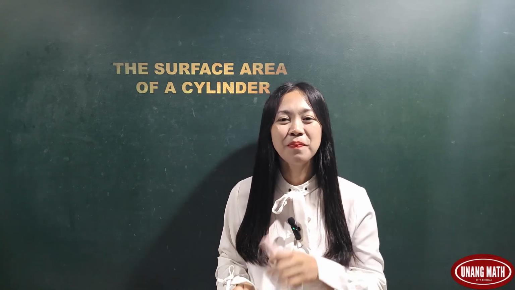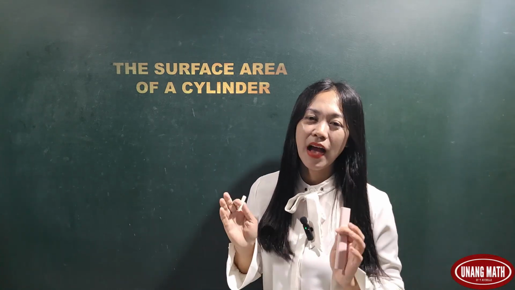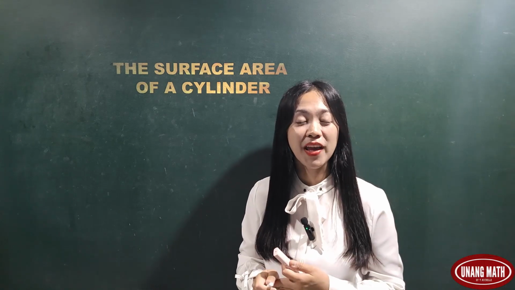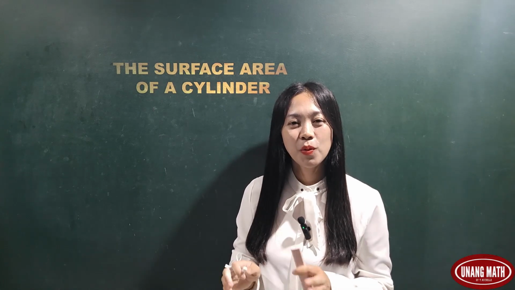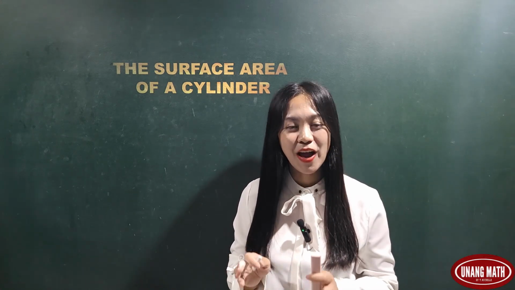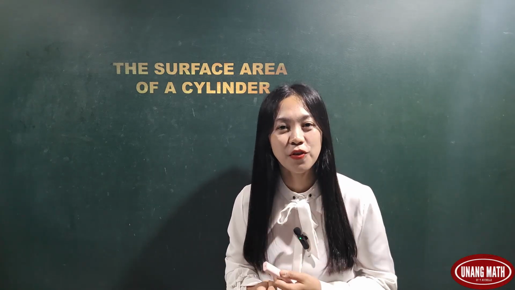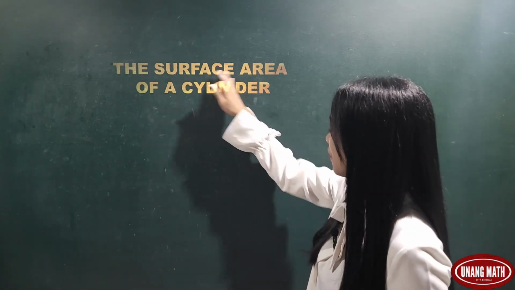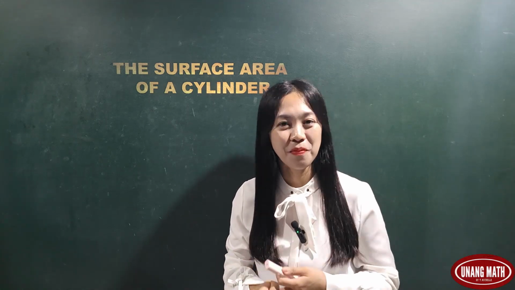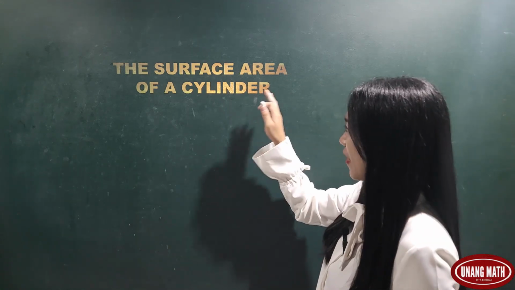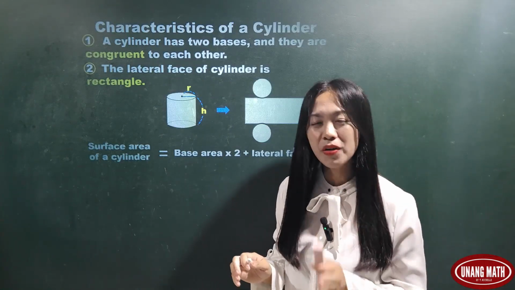For this episode, our lesson is the surface area of a cylinder. I will be showing and explaining how to find the surface area of a cylinder. In our previous episode, we already studied the surface area of a prism. Prism and cylinder are different figures, but finding the surface area of a cylinder is similar to that of a prism. Okay, before we find the surface area of a cylinder, you have to first understand these two characteristics